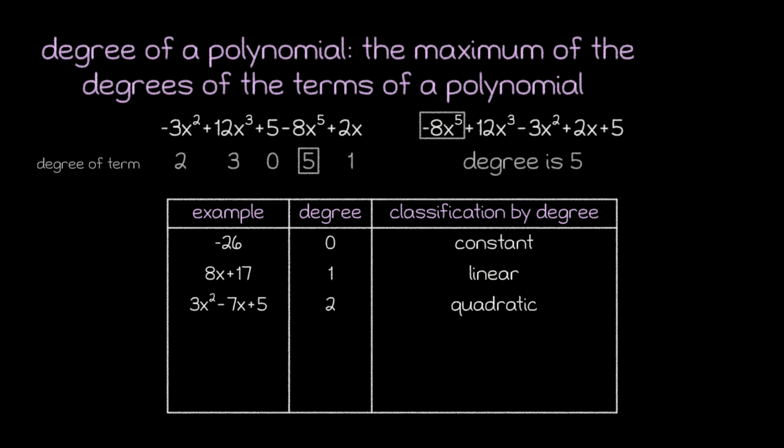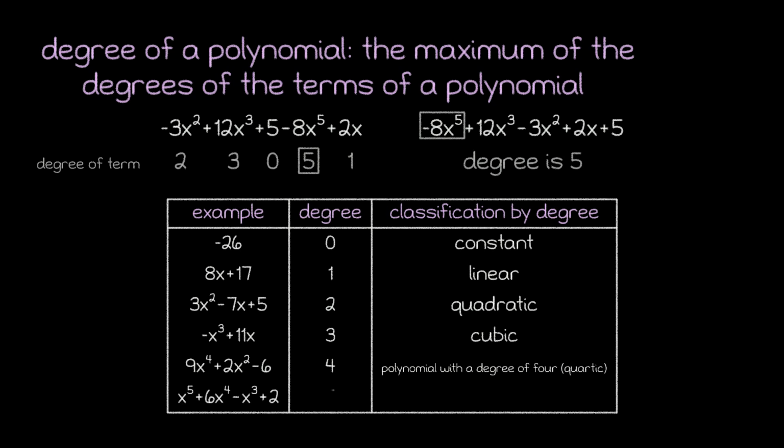But since we will eventually get to polynomials with even higher degrees, let's look at a few more names for describing those polynomials. Notice that by the time we get to a degree of 4, it's common to just call it a polynomial with a degree of 4. There are still special names for those polynomials, and for even higher degrees, but you won't hear them referenced as often.